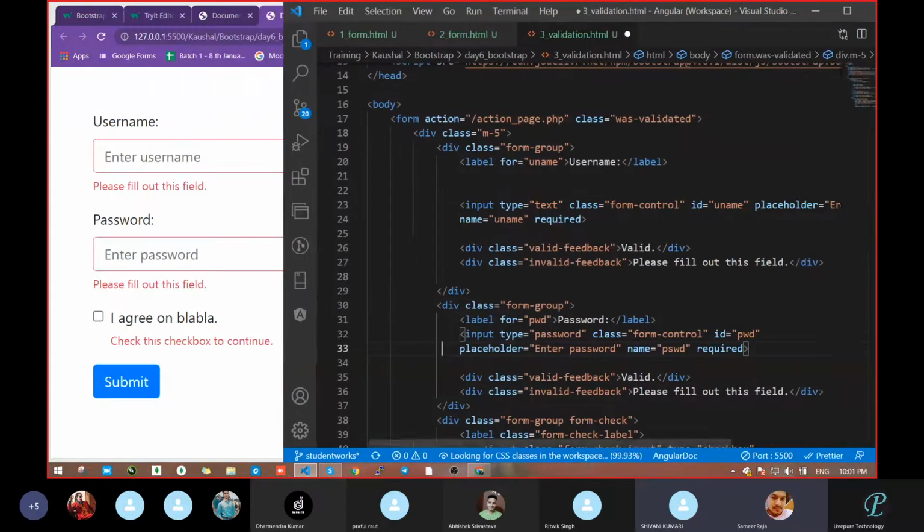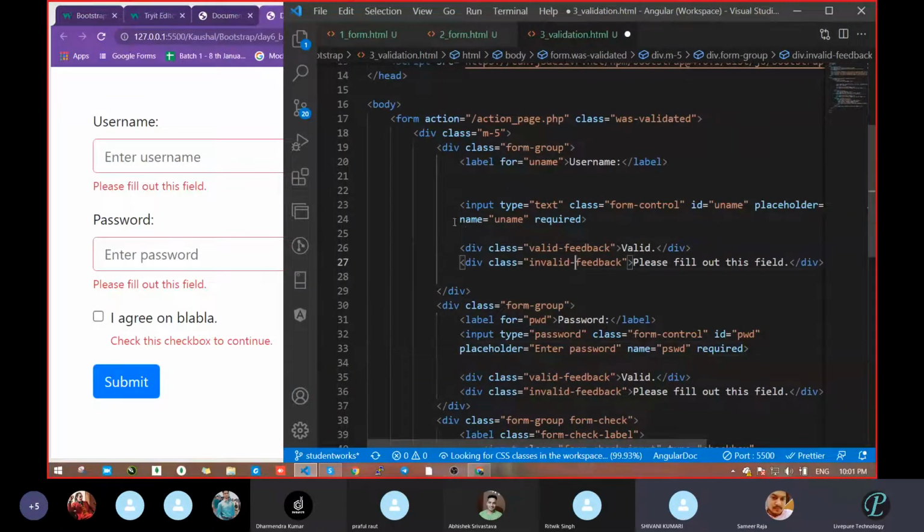Fine. No doubt. So what happened with the help of the name property? It is like a naming convention. Each input field is going to be detected. The form will detect each input field with the help of the name property. And required, and touched, untouched, dirty, different properties are there. We will look at them one by one slowly. But you can keep in mind that the name property is there, and with the help of that, the form will detect.